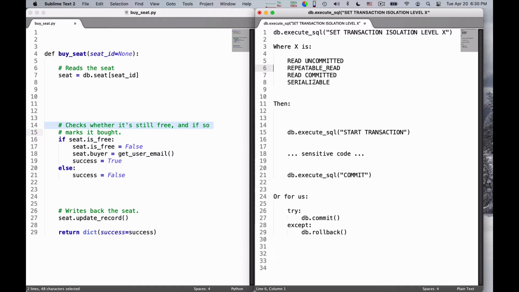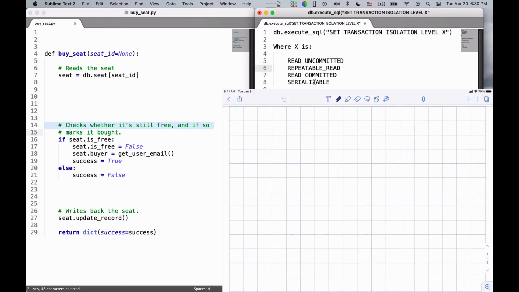Read uncommitted, I think I nickname it the garbage level. You can read no matter what happens, and any possible disaster can happen. So I think the simple fact is don't use it. In fact, it's not even available in some databases such as Postgres, okay? So the real contest is about the other 3, and we want to know what they mean.